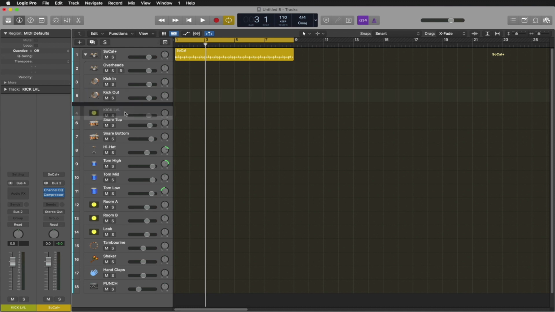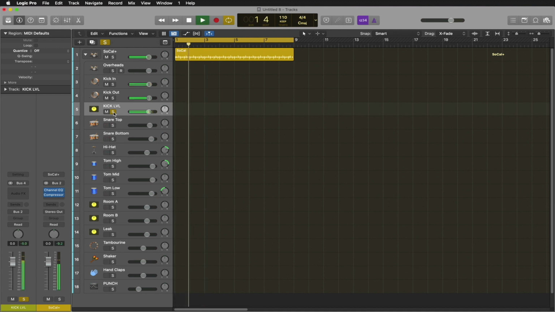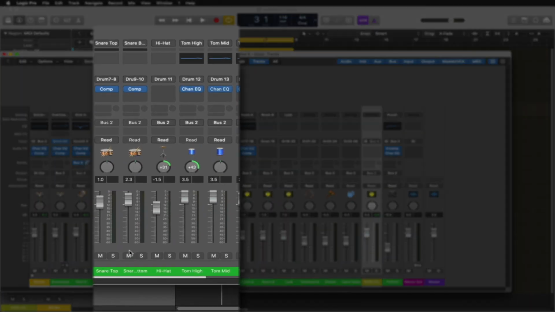It doesn't really matter where you put the aux track, so put it where it works for you. I just prefer having the auxes below their source channels. I'll solo the kick aux and press play to see if I set the signal routing up correctly. Everything looks good, so I'll open the mixer again and assign the snare channels to an aux.